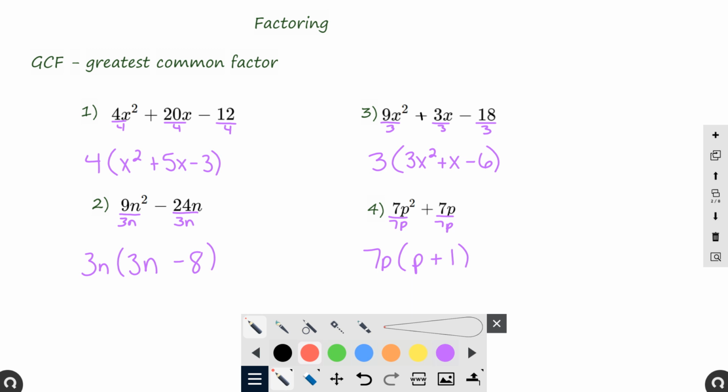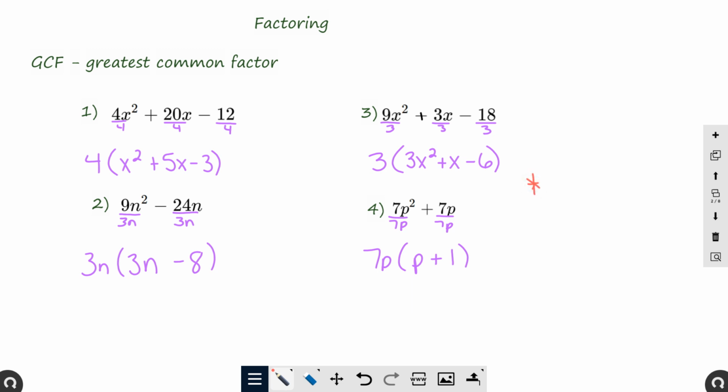There's a few things that I need you to know about GCF. So first thing you need to know, if the first term is negative,